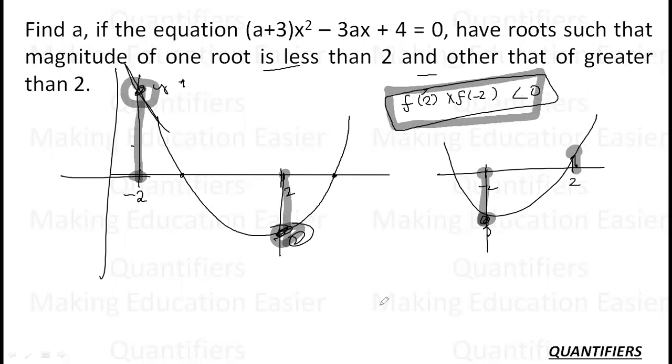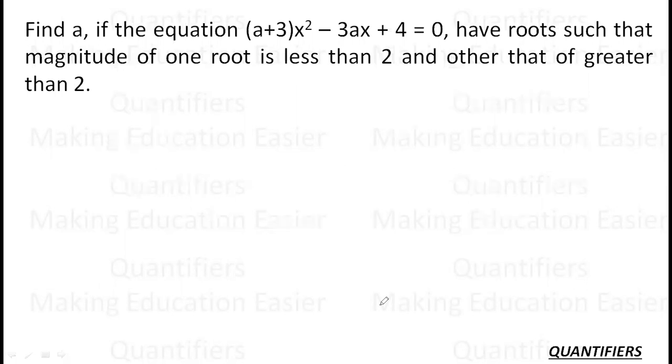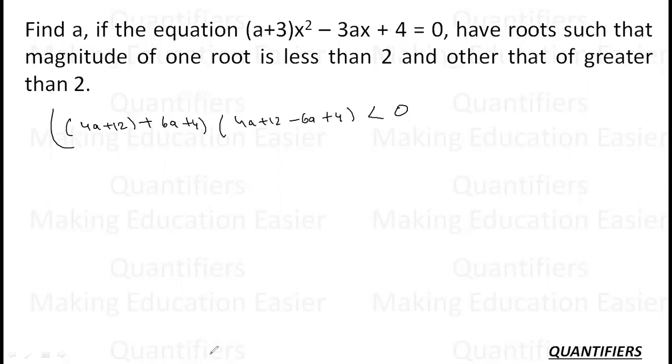Now let us just use this condition and let us just try to put in the values. So what will happen if I will put it as -2 and 2? Okay, अब इसको मैं -2 and 2 डाल के देखता हूँ. So if I am substituting x as let's say -2, then -2 का square 4a plus 12. ठीक है, -2 into 3 plus 6a plus 4 into, if I am substituting it as 2, 4a plus 12 again minus 6a plus 4 is less than 0. The product of these two things is less than 0. Now what is this? This is 10a plus 16 and this is minus 2a plus 16. This is less than 0.